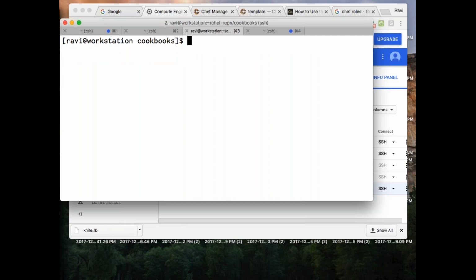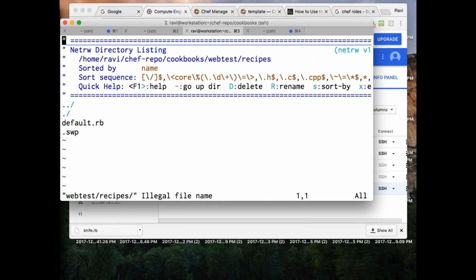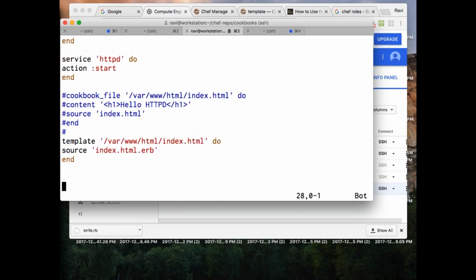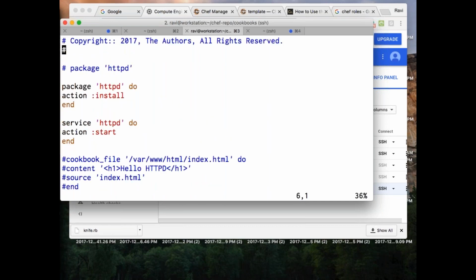I think what was there in web test, the template, right? Maybe I can use the same thing. Fine, I'll use the same thing itself. So I'll use my web test and I'll update some new things in this.